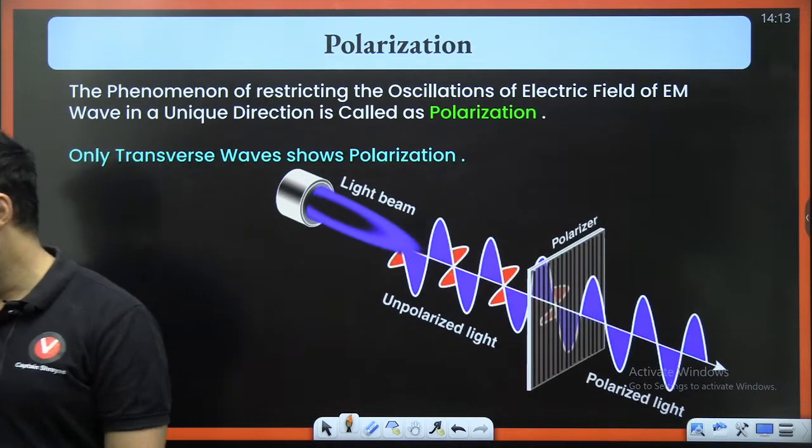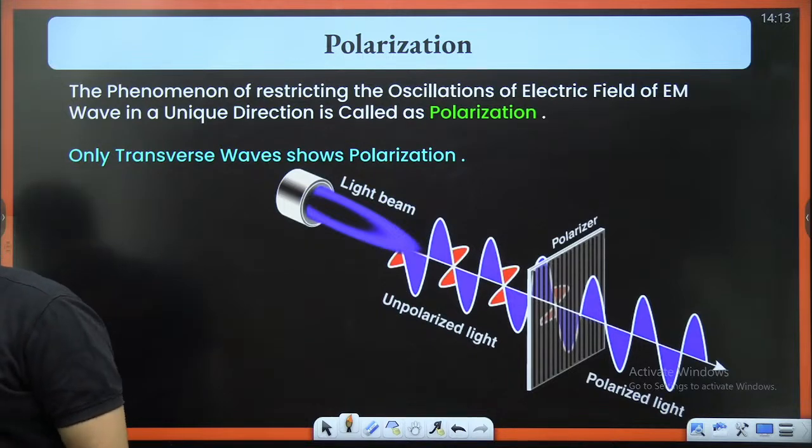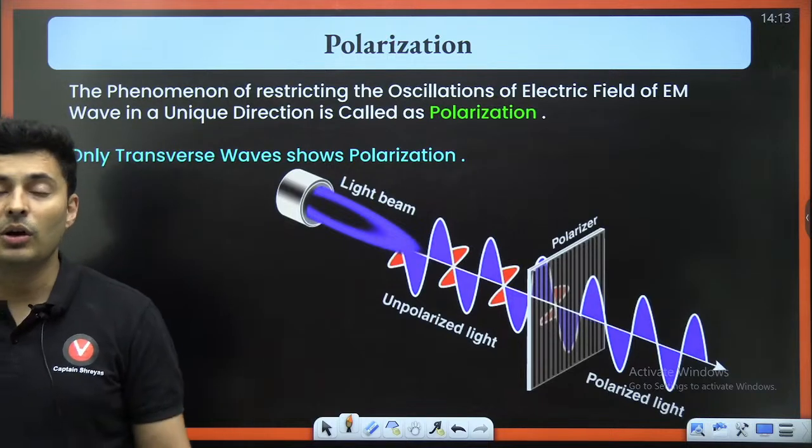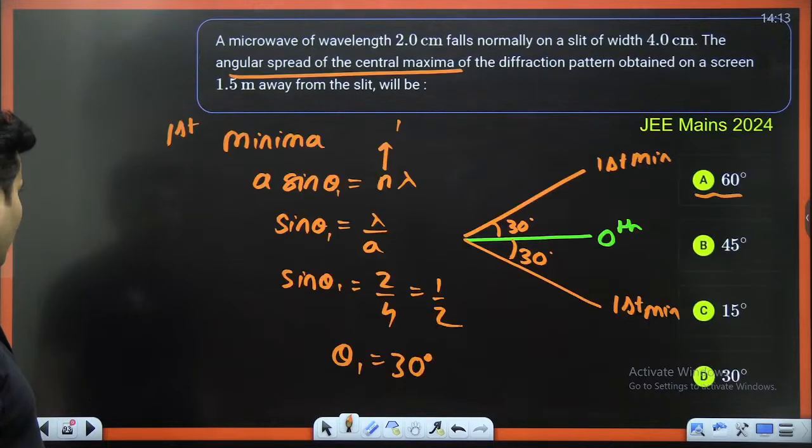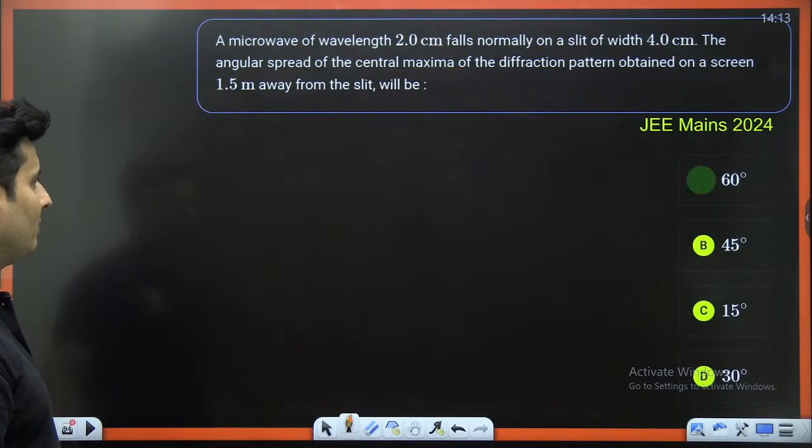Let's go to the final part, which is polarization. So what happens if we take maxima on both sides instead of minima? Then that will not be called the central maxima. Please understand that whenever I say central maxima,